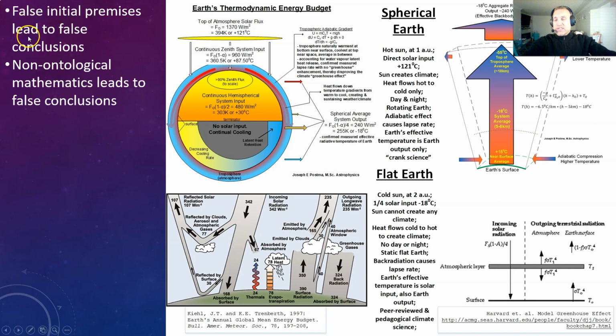False initial premises lead to false conclusions. That's the same thing as saying non-ontological mathematics leads to false conclusions. And that's what's happening in here, which I'll explain in a moment. Non-ontological mathematics, and it's leading to false conclusions. Okay, and the consequences of that are potentially fatal and are going to be fatal because if they succeed, as I discussed in my live stream,